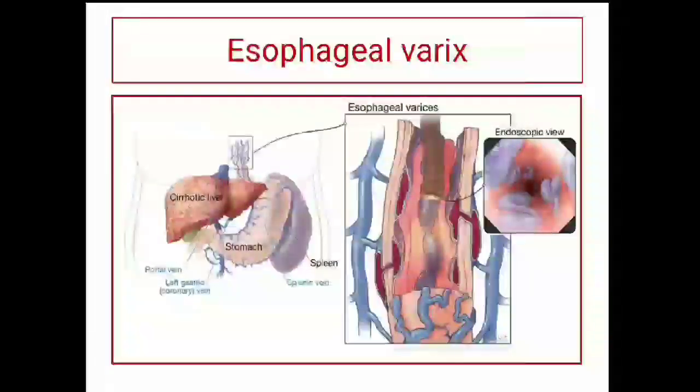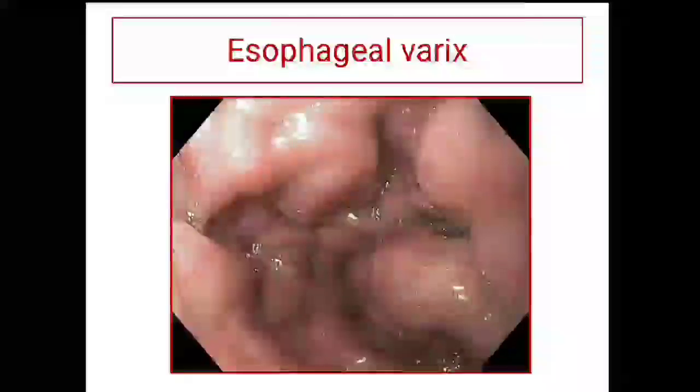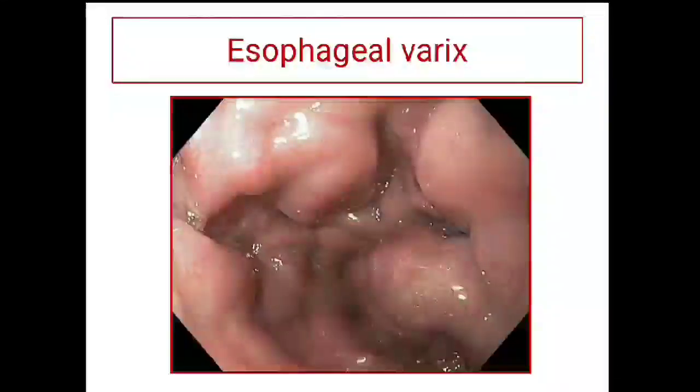This picture represents the esophageal varices. In cirrhosis of liver, there is obstruction to the portal vein, so the portocaval anastomoses open up. The esophageal and the short gastric vessels become swollen with blood, and they appear as a bag of worms in endoscopic view. Sometimes there are dark red spots on these that indicate impending rupture, and these are also called cherry red spots.